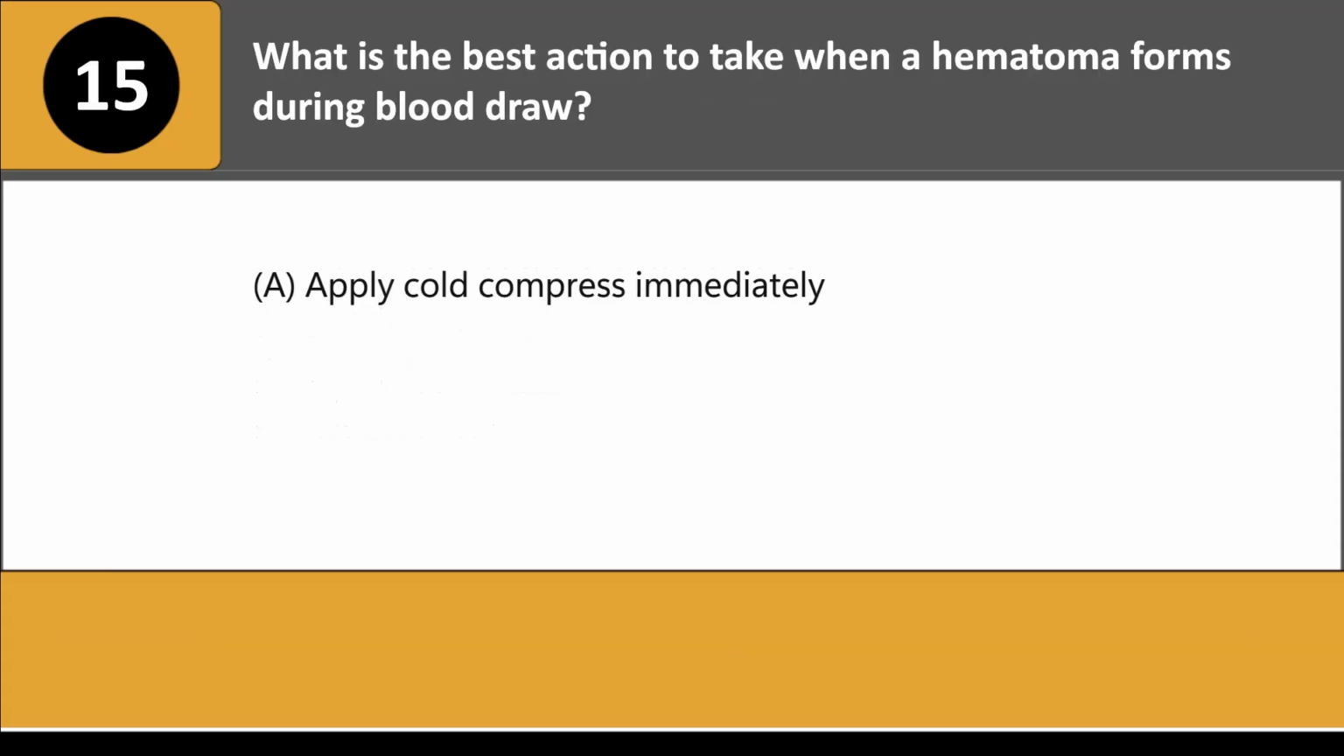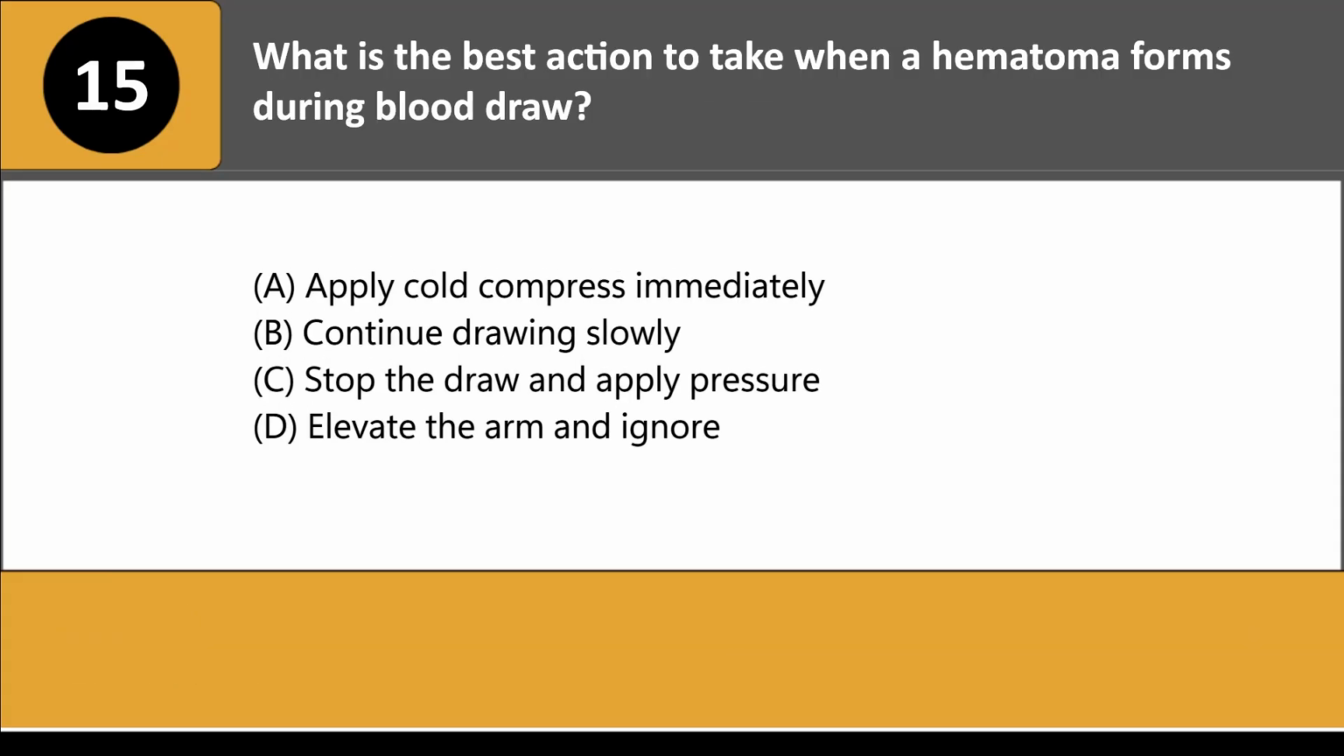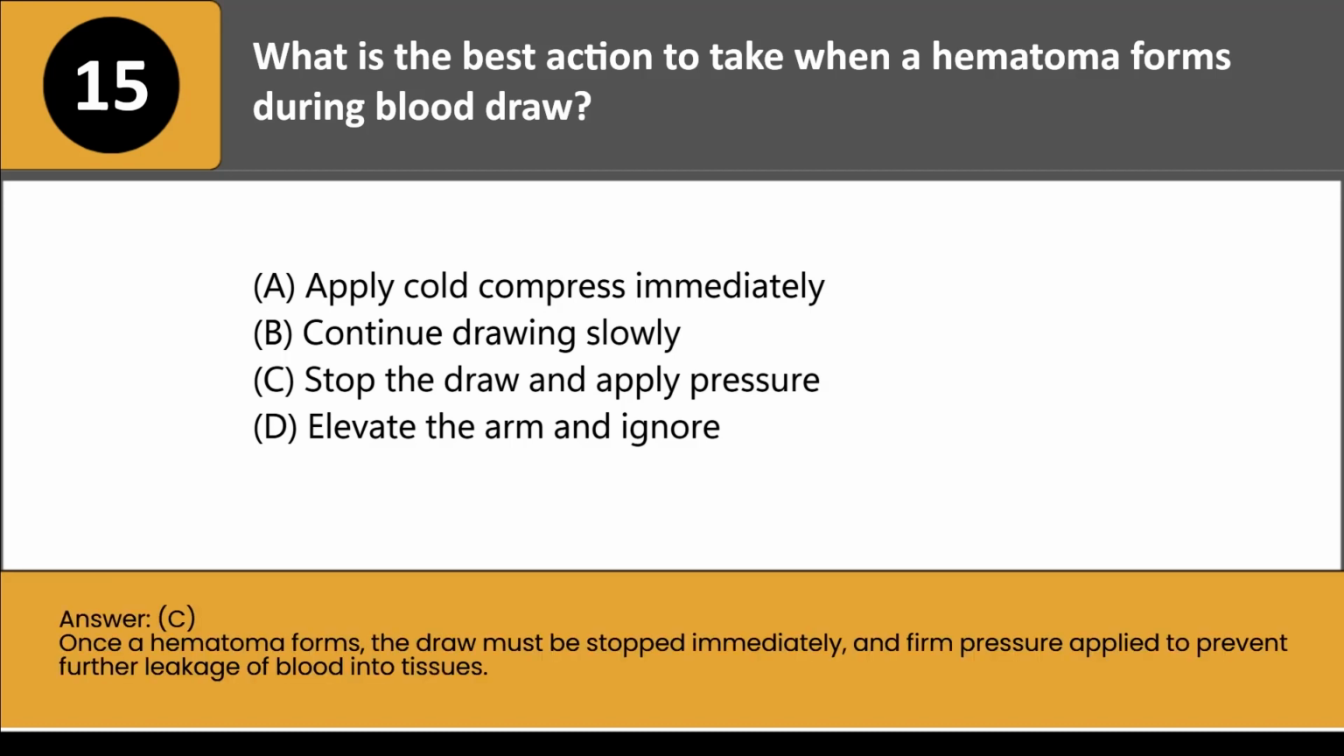What is the best action to take when a hematoma forms during blood draw? A. Apply cold compress immediately. B. Continue drawing slowly. C. Stop the draw and apply pressure. D. Elevate the arm and ignore. Answer C. Once a hematoma forms, the draw must be stopped immediately and firm pressure applied to prevent further leakage